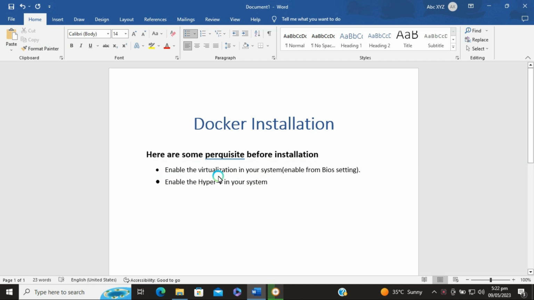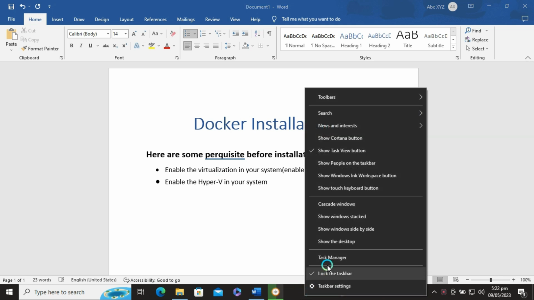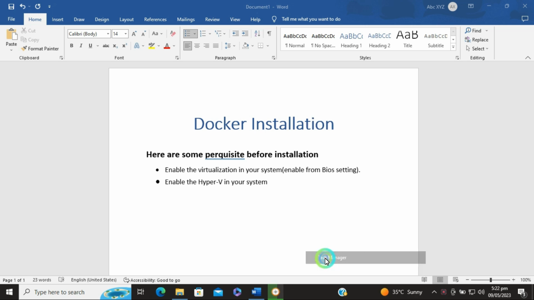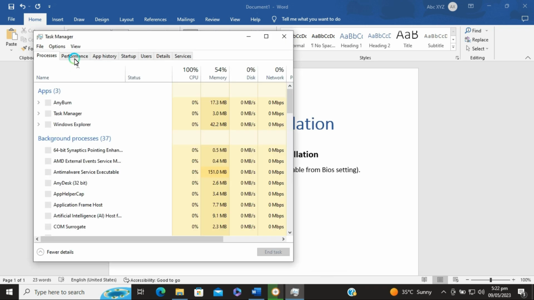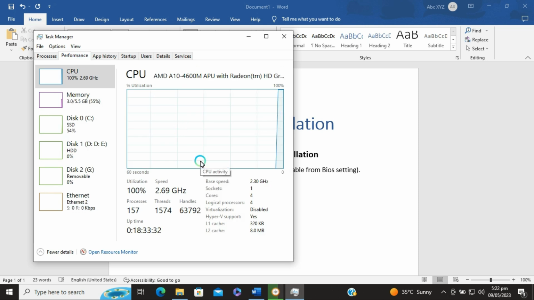If it's not enabled in your system, go to the BIOS and enable virtualization from the BIOS setting. How to check whether virtualization is enabled or not in your system? You need to go to the Task Manager. In Performance, here you see the virtualization is disabled, so you need to go to the BIOS setting and enable